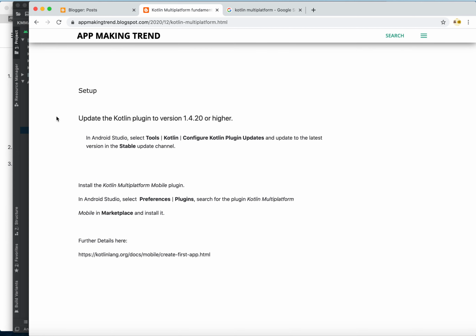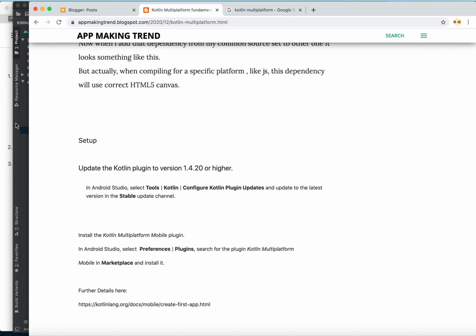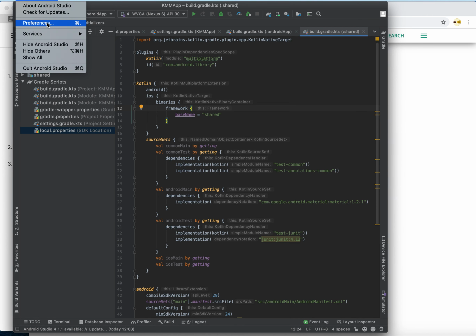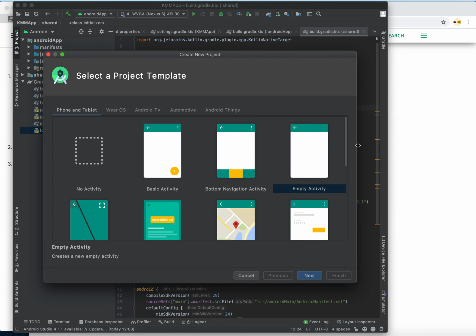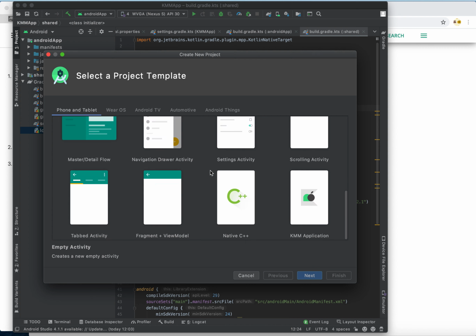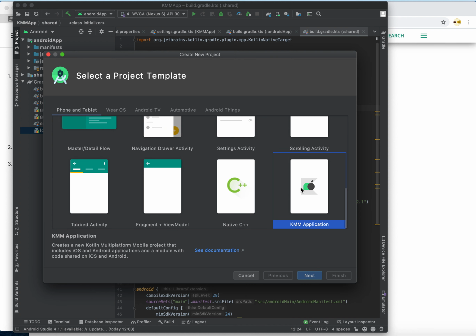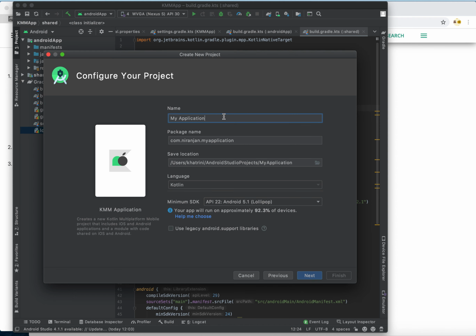Then without losing any time, let's go and create a new project. Android Studio, File, New Project. Okay, so now I will teach you how to create a Kotlin multi-platform mobile project. Okay, it's easy peasy, guys. So if you go, we already have a template here. We have to select KMM Application, select here, next. Then write the name of the application,